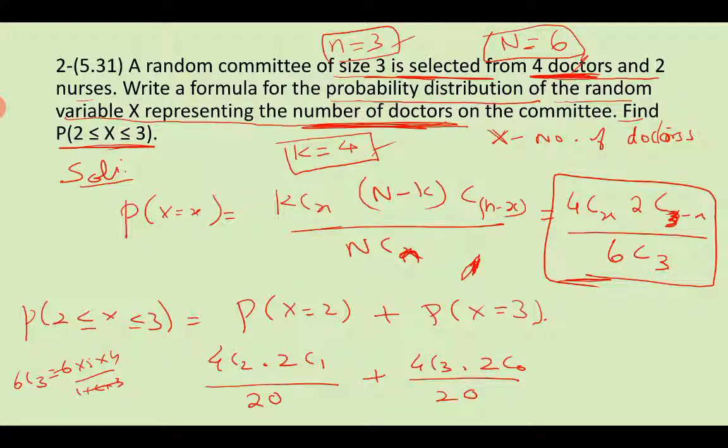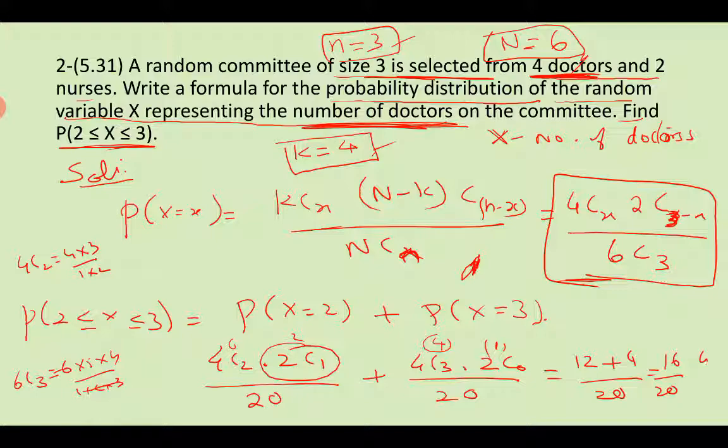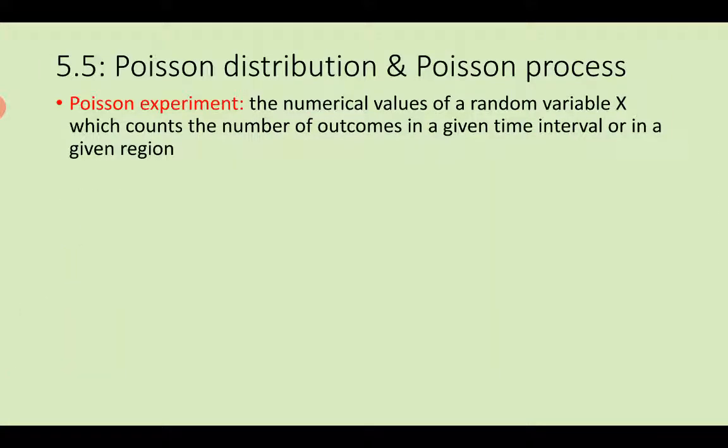4c3 into 2c0. And 4c2. What is 4c2? 4c2 is 4 into 3 over 1 into 2, which is 6. 2c1 is 2. So this is 6, this is 2. It is 12, first term. Second, 4c3 is 4 because 4c3 is equal to 4c1. 2c0 is 1. So 4 divided, 16 over 20, which is 4 over 5. That is for hypergeometric distribution. Next we are moving to